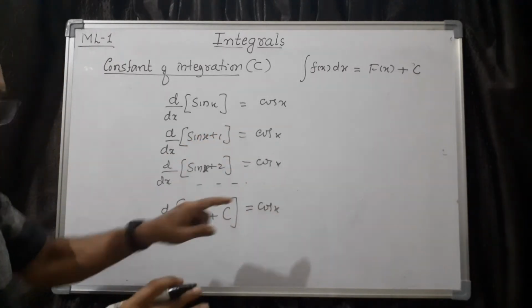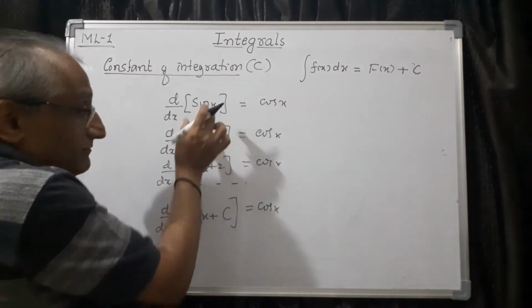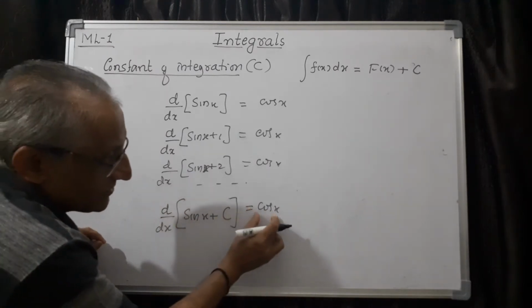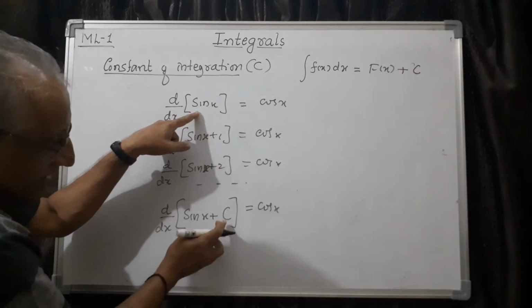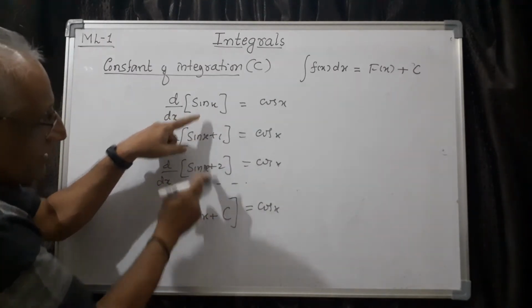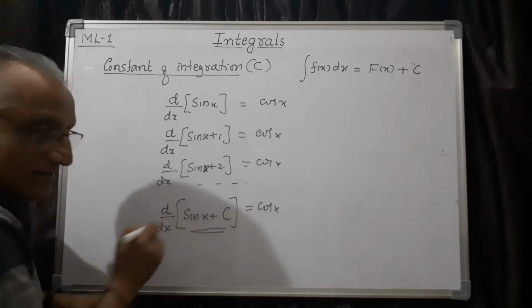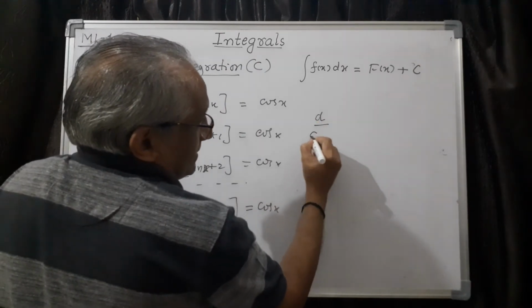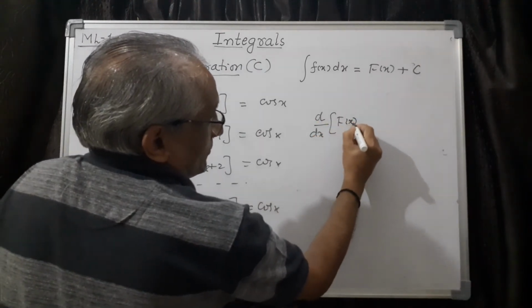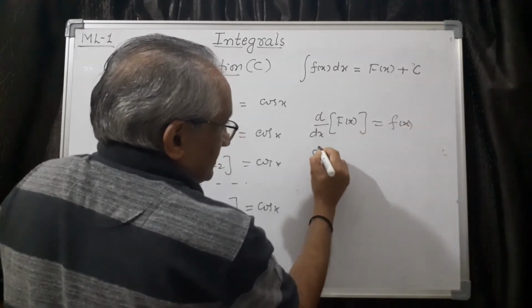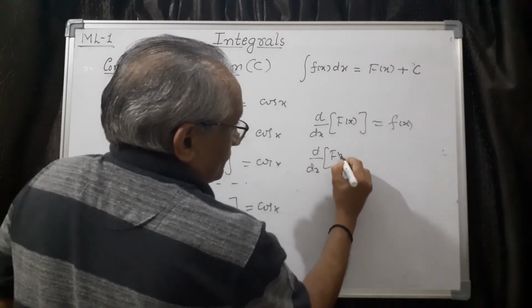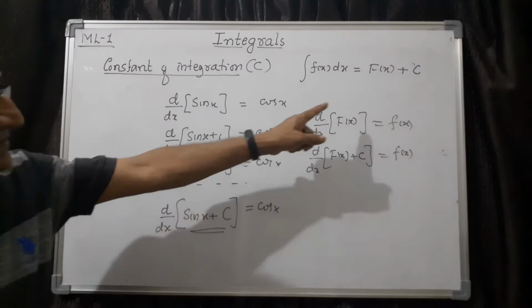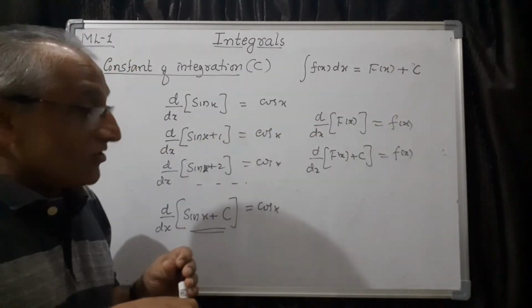Therefore now, though it is correct that integration of cos x is sin x, in general, even if any c is added to this function, its differentiation is cos x only. And this comes under this only. For example, when c is 0, you get this one. When c is equal to 1, you get this. So the most general case is this one. Therefore, what you have to do is add c. Even in the definition also you can see, if d by dx of capital F of x equals small f of x, then d by dx of F of x plus c is also small f of x only. Therefore, this c should be added in each integral. Therefore, it is called constant of integration.